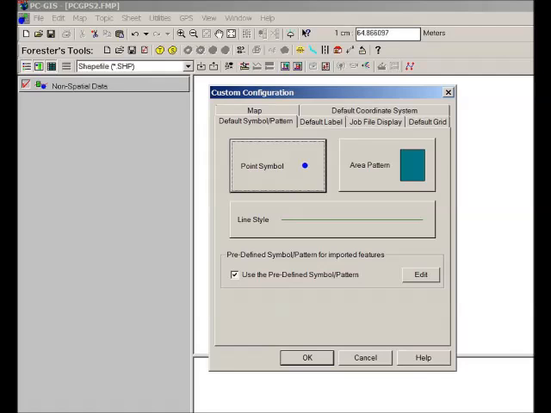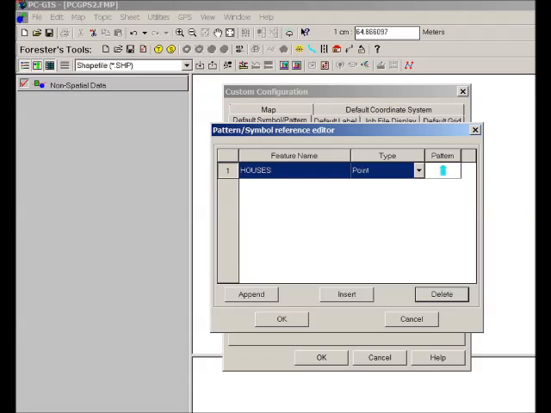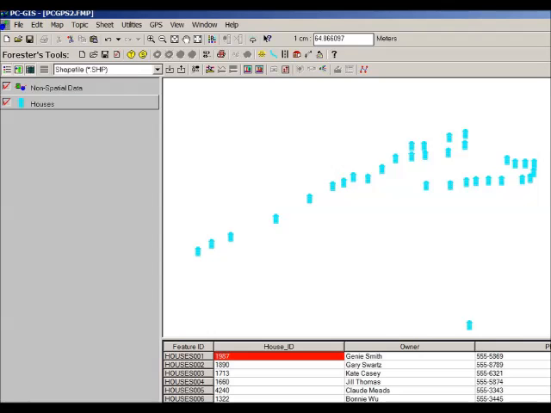In the editor window, enter the topic layer names and the corresponding symbols. As an example, I assign this blue structure to the houses topic. Now, when I import the houses shapefiles, the points representing the houses will be displayed as blue structures. This capability is particularly useful if you work with the same set of featured topics on a regular basis. Please note that this function doesn't apply to the FMP map files. An FMP map file will always retain its symbol assignment,